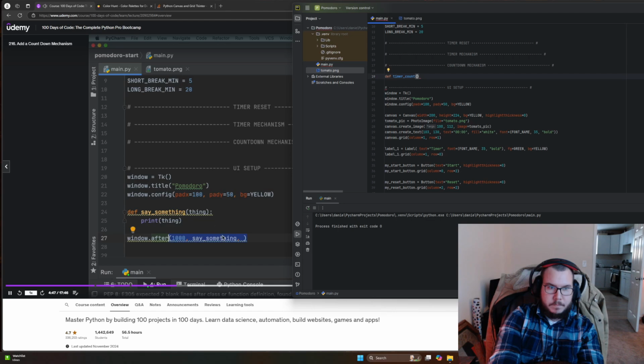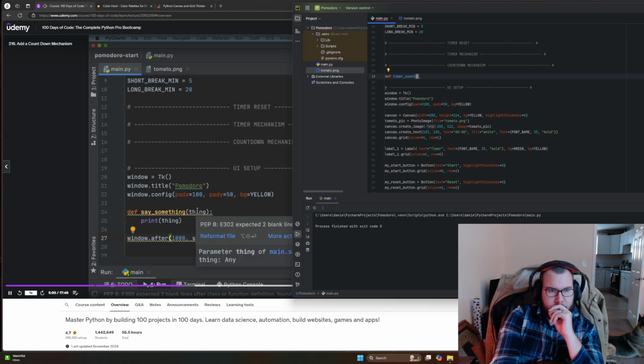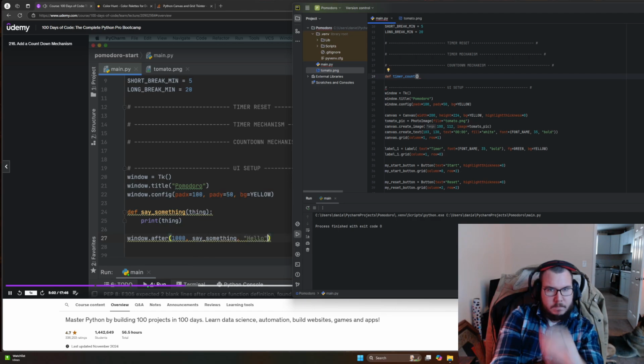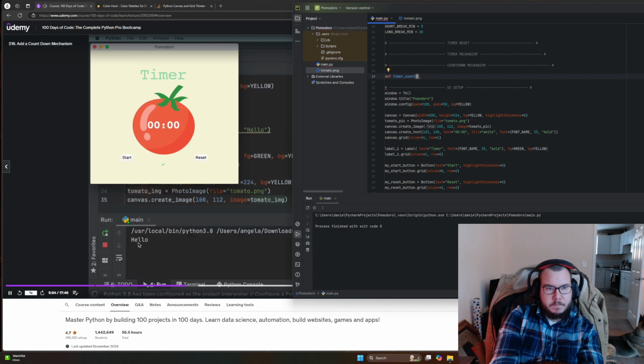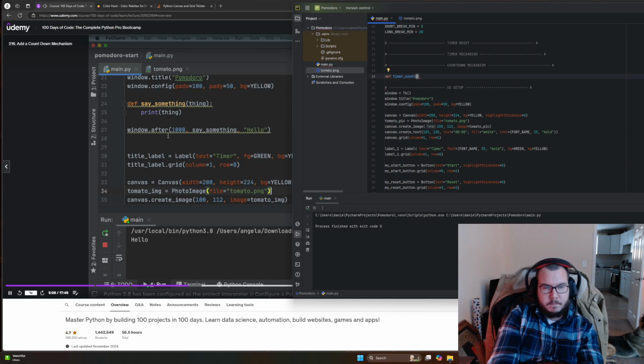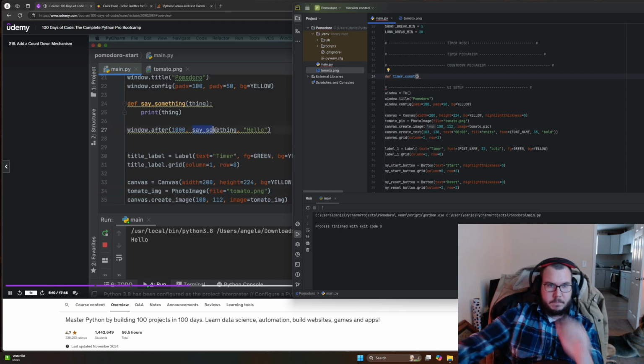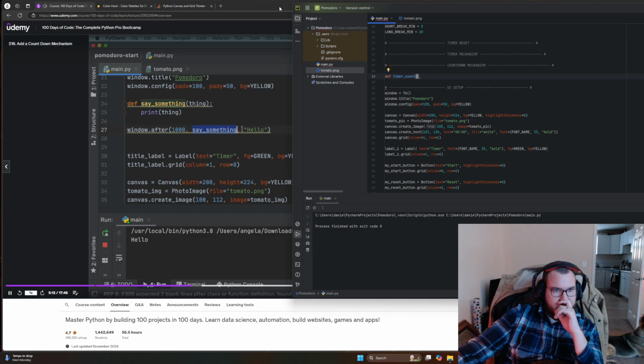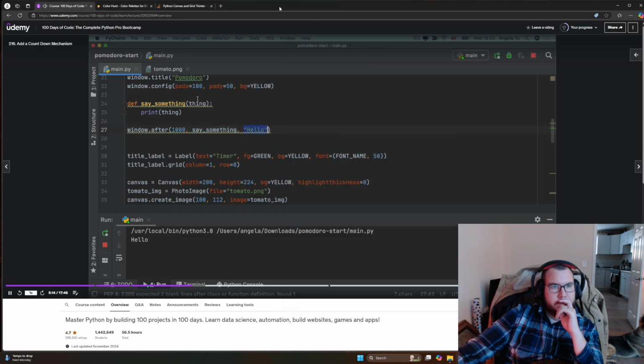What that means is we can give as many arguments as we want, and those arguments in this case are simply going to be passed to the function that we want to call. So in this case, it's going to be that thing. So if I put hello here, then I run my code, you can see that after 1000 milliseconds, basically 1 second, it calls this function say something, and it passes this hello as the input